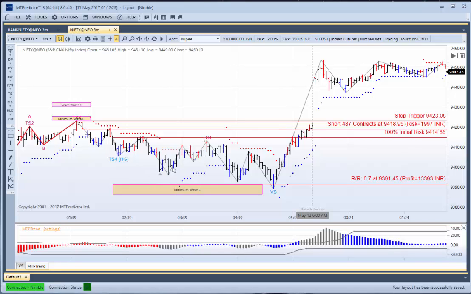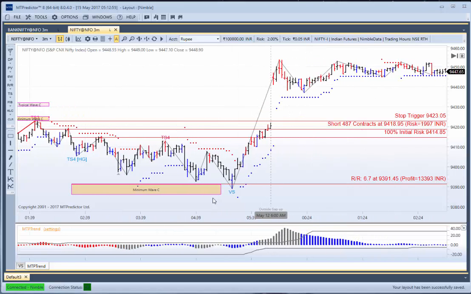So in other words, when the market got to this level, there's no reason to want to then swap a profitable and good short trade for a potential long trade, because the MTP trend was black. In other words, it was only at an area where a potential reversal was potentially unfolding. In other words, potential support. So you should have stayed short here. There was a TS4 sell here. You were already short anyway, so you would have either avoided that, or you could have used that to add or pyramid to your current existing profitable short position.